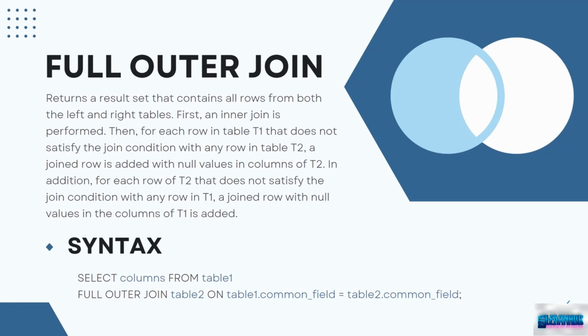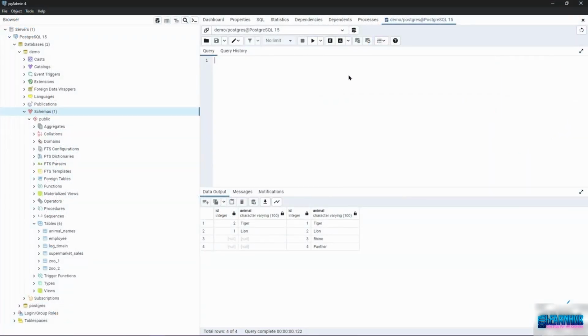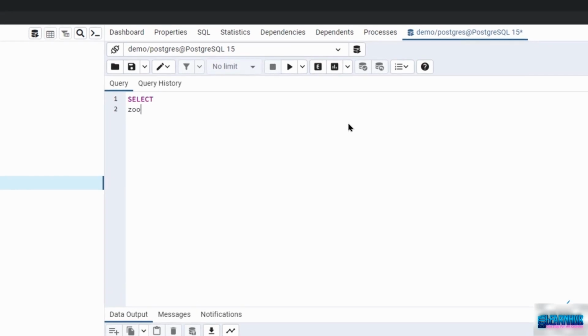Its syntax is SELECT columns FROM table1 FULL OUTER JOIN table2 ON table1.common_field = table2.common_field; To apply a full outer join in our zoo table, type in SELECT zoo_1.id, zoo_1.animal, zoo_2.id, zoo_2.animal FROM zoo_1 FULL JOIN zoo_2 ON zoo_1.animal = zoo_2.animal;